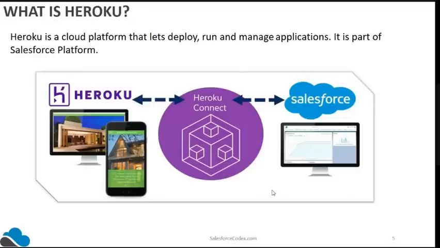These are the sites. If you want to create these kinds of high performing sites, you need a platform where you will deploy it. After development, you have to deploy that application somewhere so that it can be used by users.